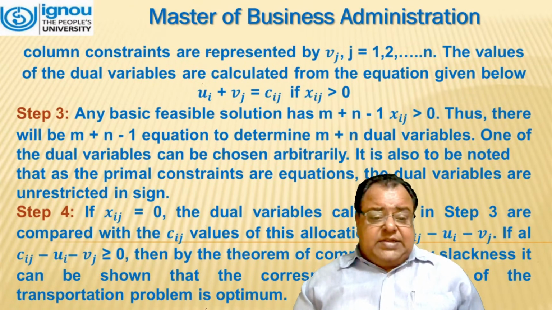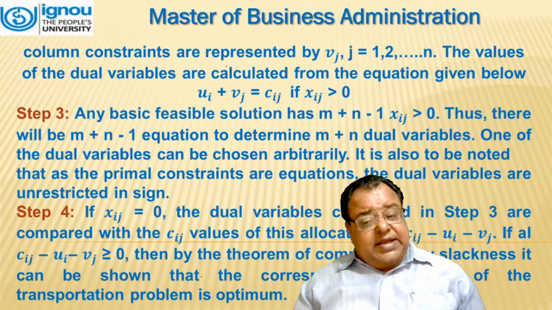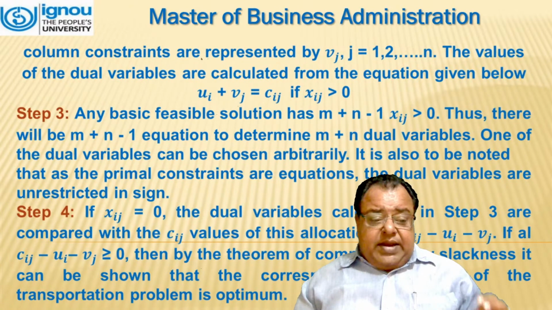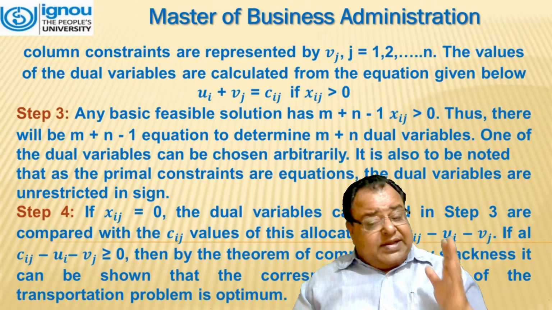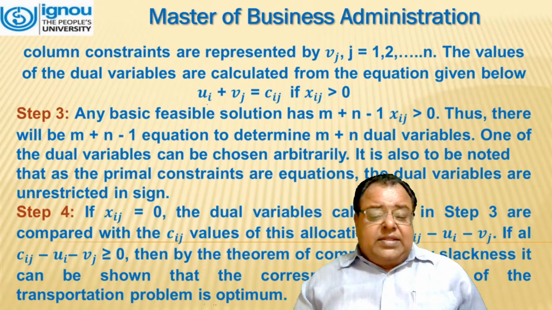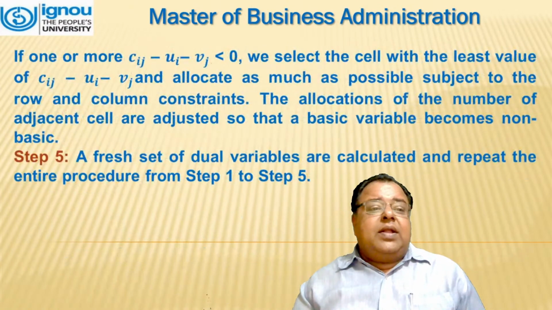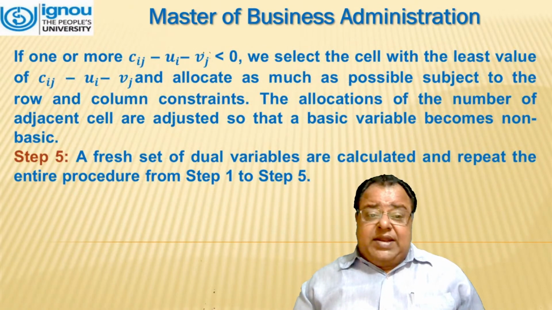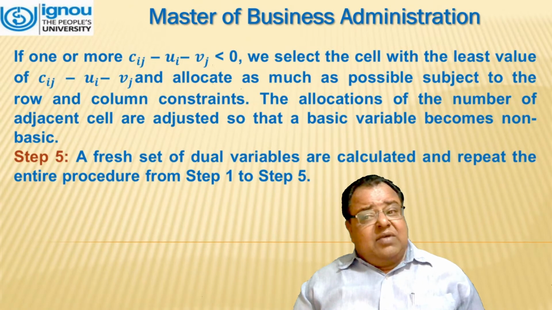If xij is equal to 0, the dual variables calculated in step 3 are compared with the cij values of this allocation as cij minus ui minus vj. If all cij minus ui minus vj are greater than or equal to 0, then by the theorem of complementary slackness, it can be shown that the corresponding solution of the transportation problem is optimal. If one or more cij minus ui minus vj is less than 0, we select the cell with the least value